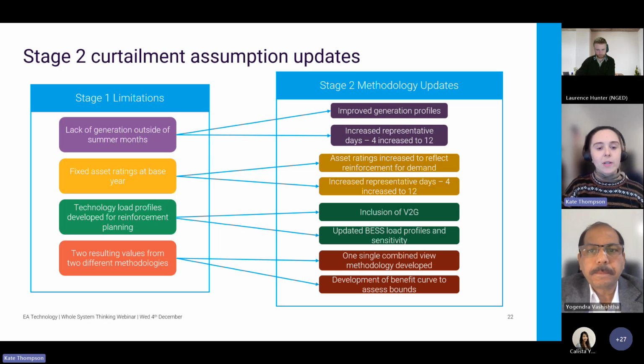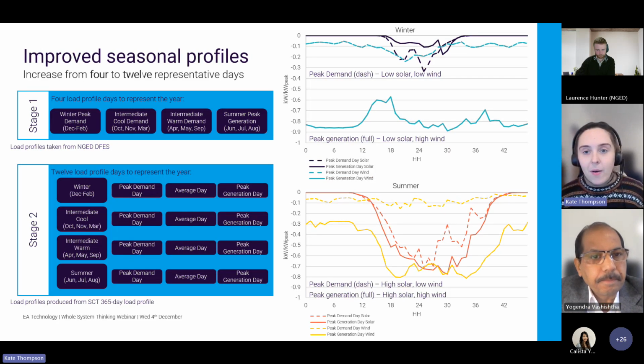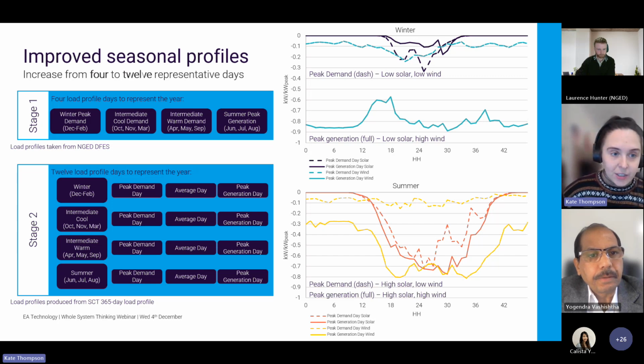I'm going to talk a little bit more in depth now about some of these changes and just show some of the actual methodology that we used. So the first one I'm going to talk about is our seasonal profile changes. As I discussed before, we had 4 seasonal profiles in our first model, and in our stage 2 we